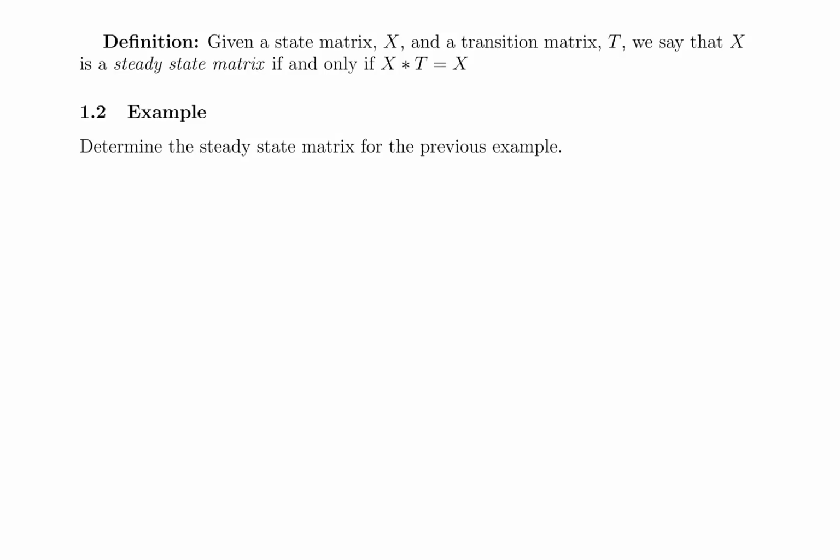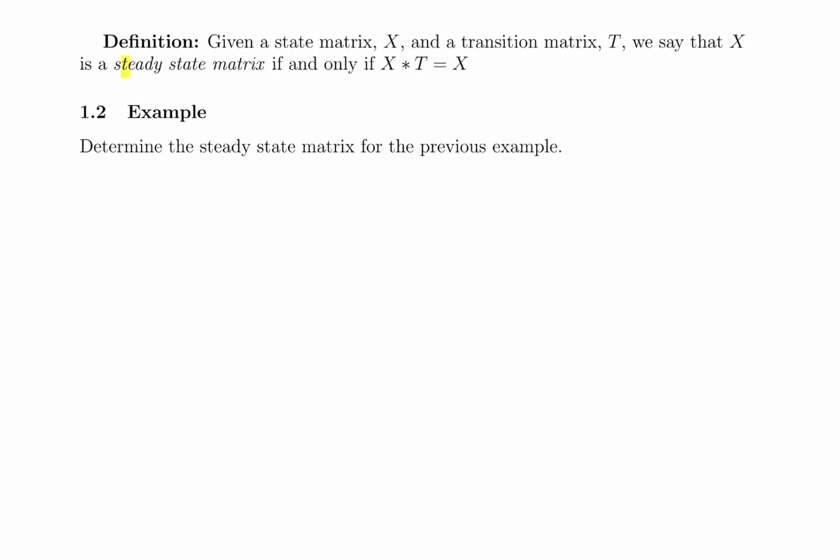Alright, so let's go ahead and continue talking about the same example that we had before. We left off and I mentioned that it's possible for a system to level out and maintain a constant state after a certain amount of time. If that happens, then we have what's called a steady state. So it's possible to find that state matrix where the system is going to level out to, given the transition matrix. So we're going to say that a state matrix X is a steady state matrix